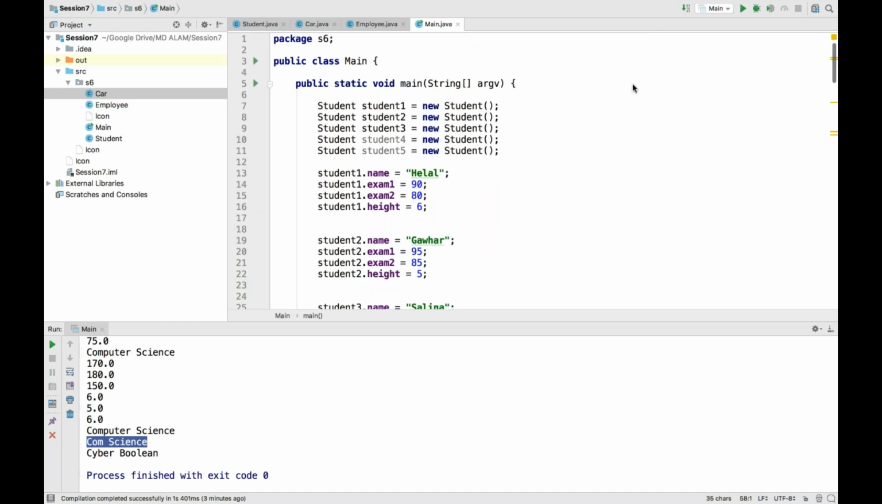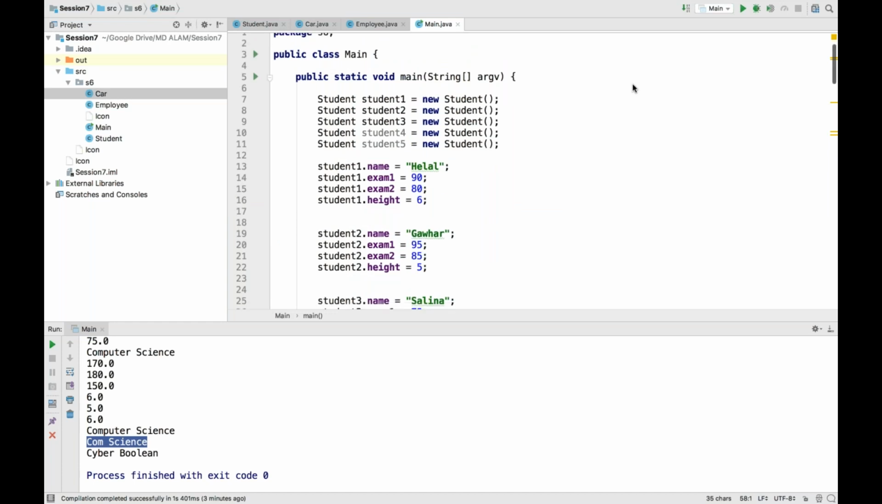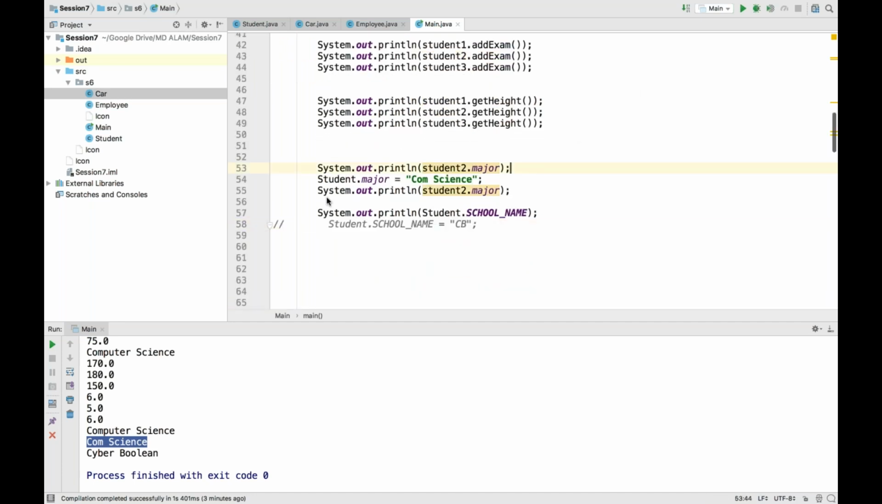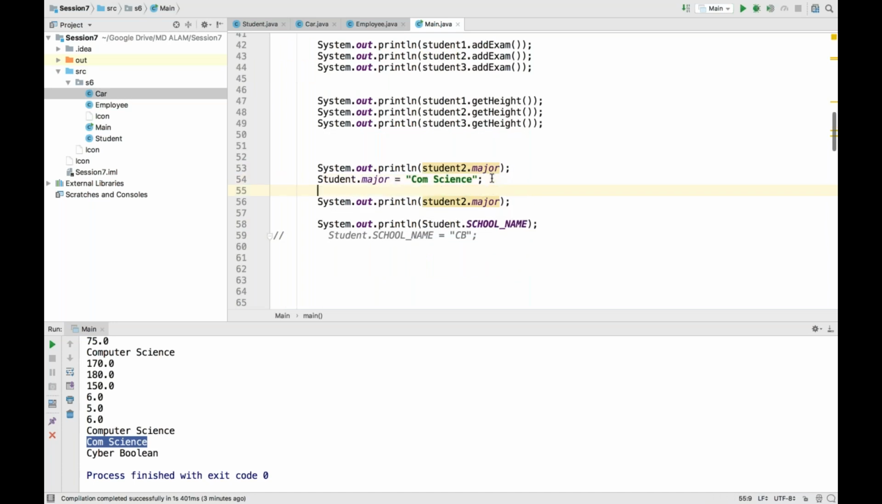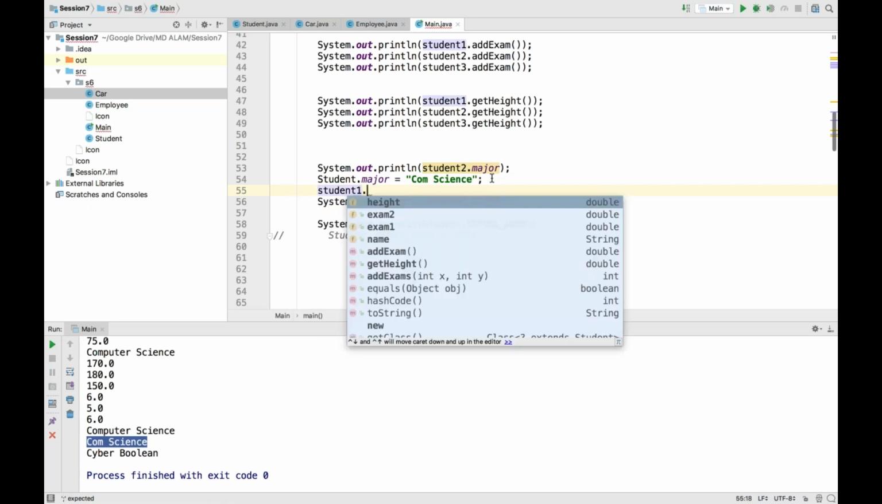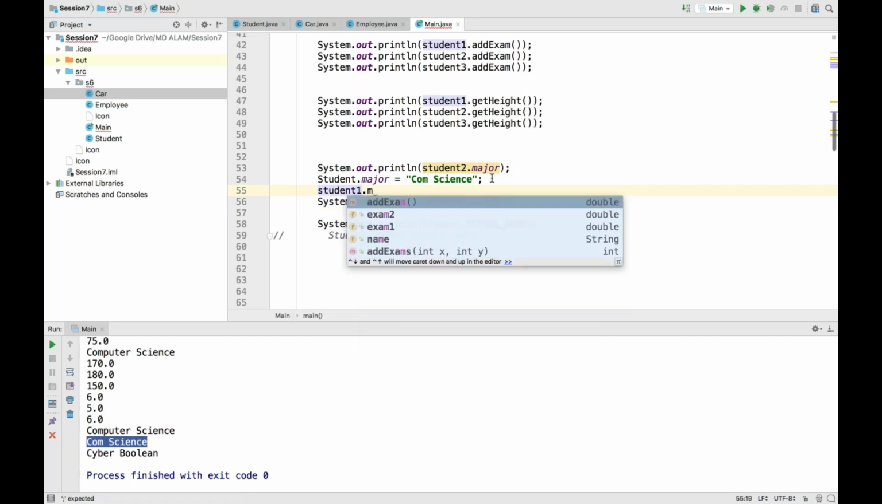No. You have to call the class to change it. Final, you cannot change it. Never. You can change a static variable by calling the class name. Also by calling the object. Can you do it by calling the object? Just curious. Sure. So student one dot